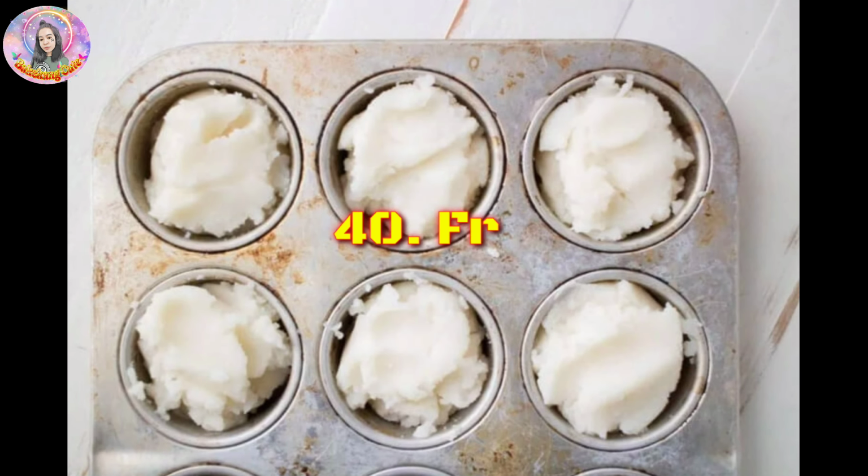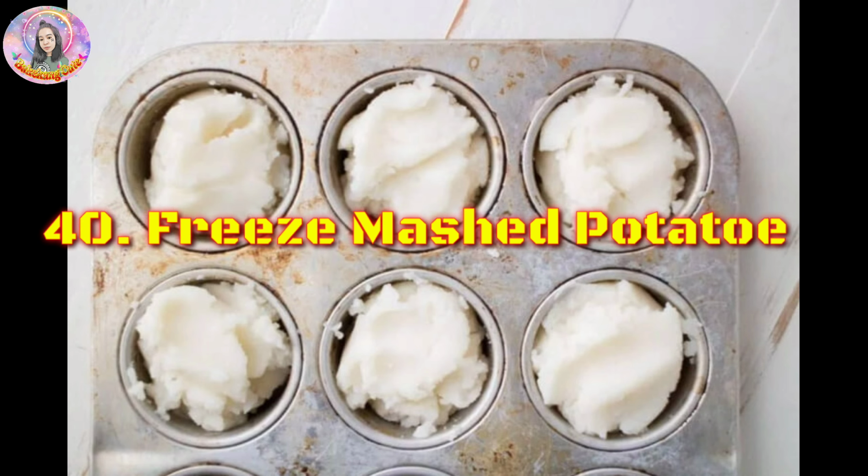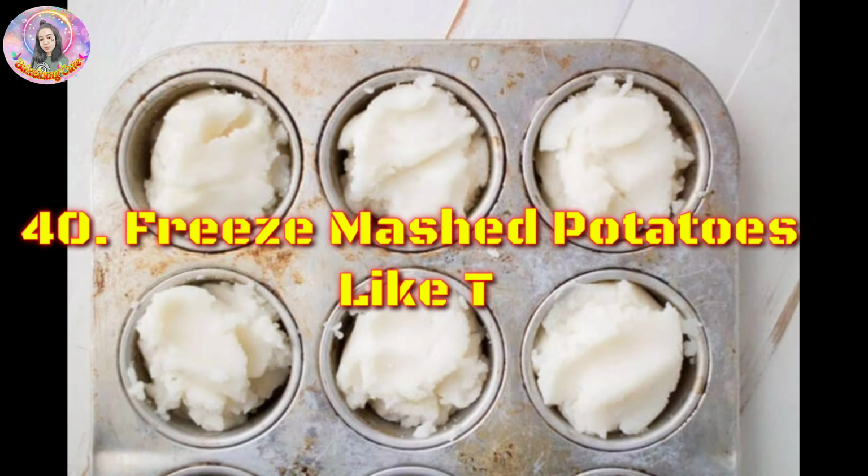Freeze mashed potatoes like this. With Thanksgiving coming up and the holiday season following that, you are about to be inundated with leftovers on top of leftovers. However, it might be hard to go through all of that leftover food before it is time to toss it in the trash. Mashed potatoes are a staple